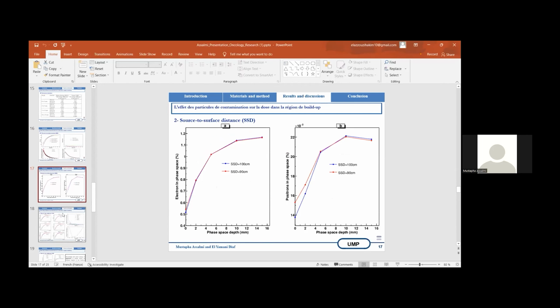So here we show in this figure the statistics of the particles at the different depths in the build-up region. The figure shows the number of contamination particles according to the depth of the build-up region. It's clear from the results that the difference in the percentage of electrons and positrons is just in the first 2 millimeters of depth of the water phantom, which is explained by the particles which stop in the 10 centimeters